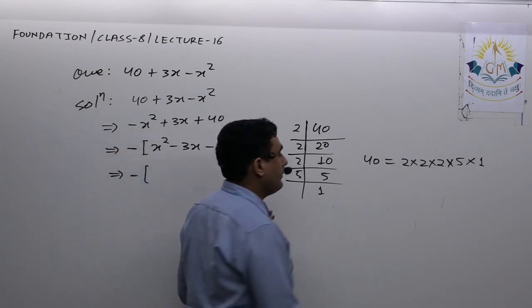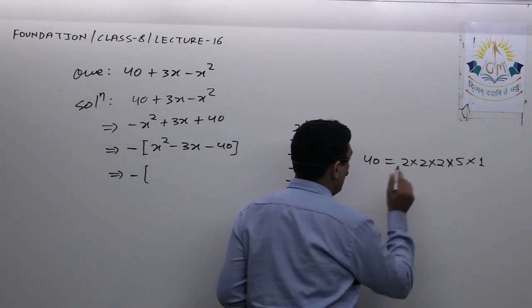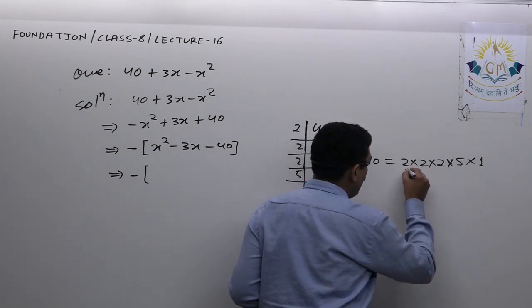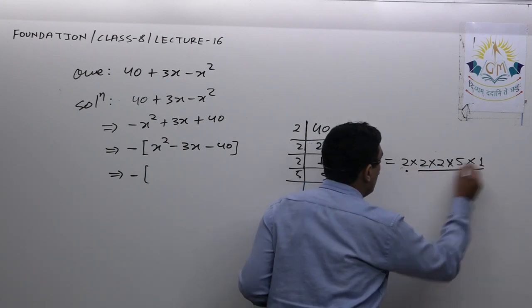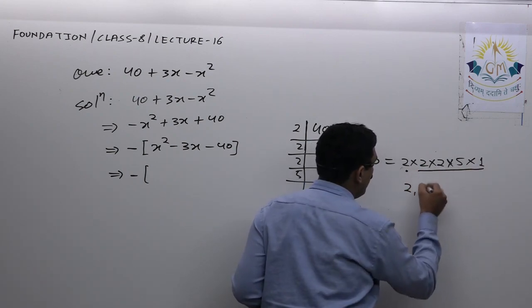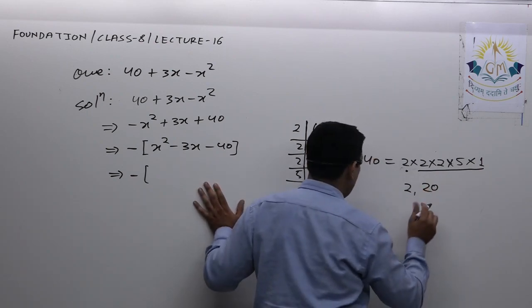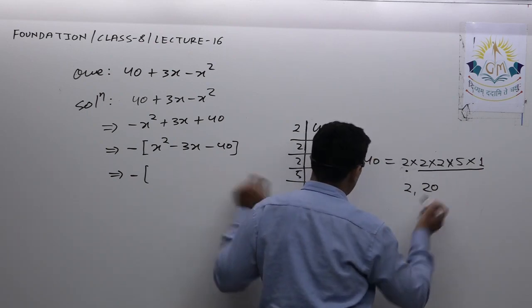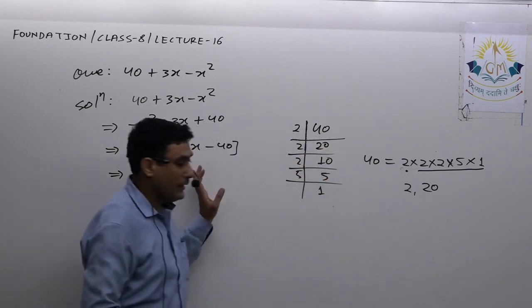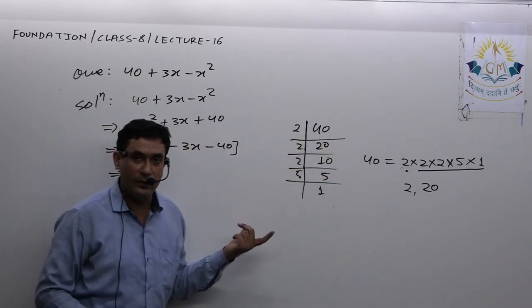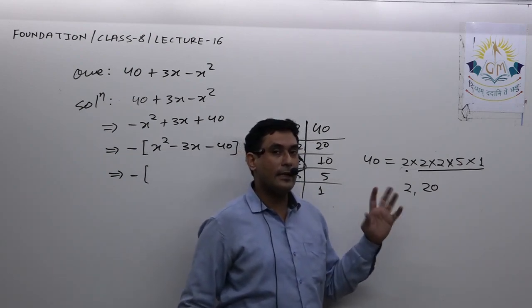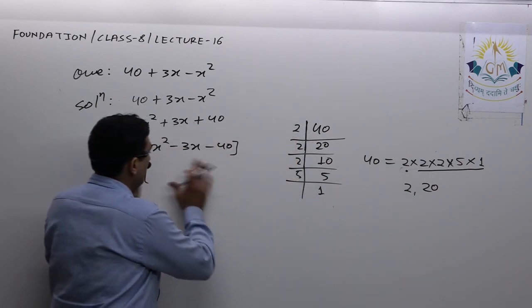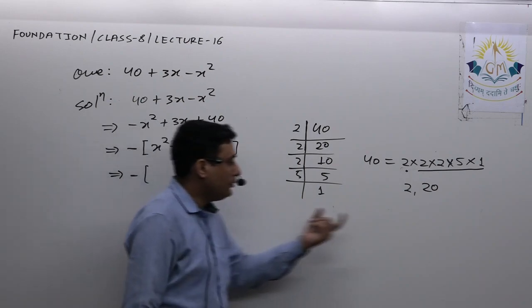So now let us find those two groups. If I take 1 as a single, 2 as a single, and the remaining, so 2 and 20, definitely we need their difference. We already concluded that definitely we have to find the difference. So we can skip the addition over here, but still if you are not getting clear with the concept of sign, do check both things.